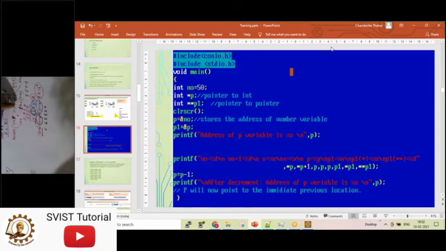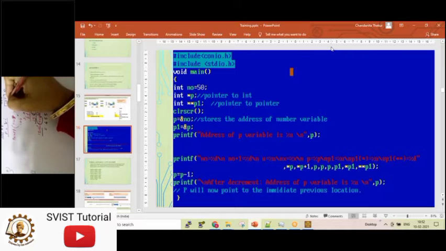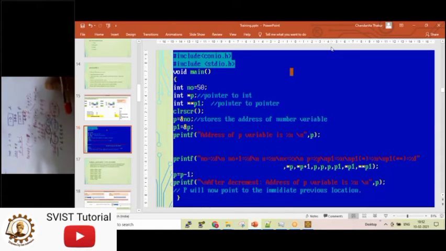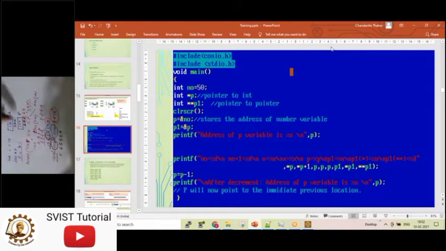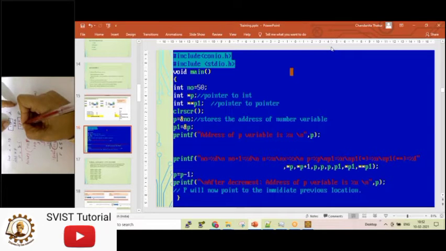See, Adarsh, suppose %x is printing the address of one pointer. Let's say the address of P is 65,565.